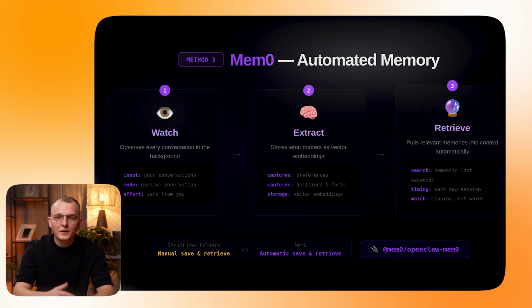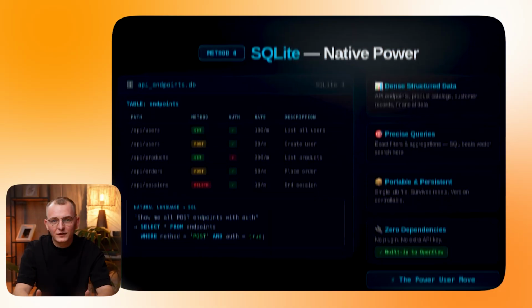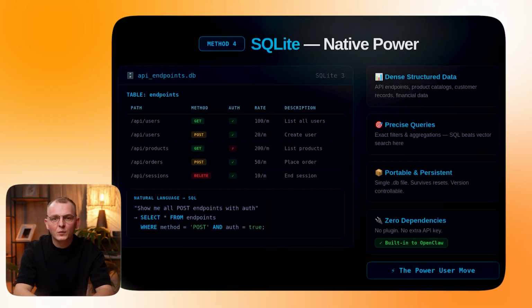Mem0 is the move. Once it's installed and configured, you literally just use OpenClaw normally. Mem0 handles the rest. Have a conversation today, close the session, come back tomorrow, and your agent actually remembers what happened. Alright, method 4. This is the one I'm the most excited about, and it's the one almost nobody is